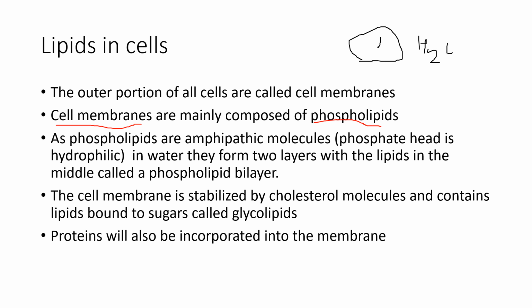So you'd have water both in here and here. The lipids would be in the middle. If we were actually looking at this structure here, we would have lipids here in the middle, two layers,